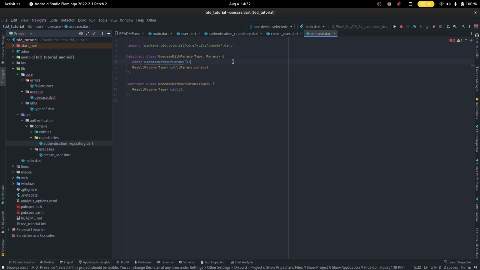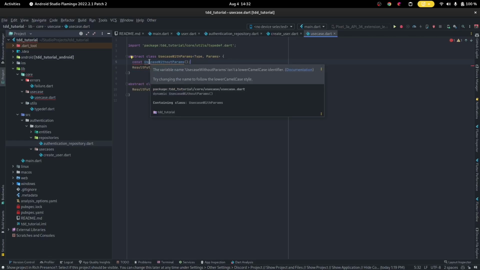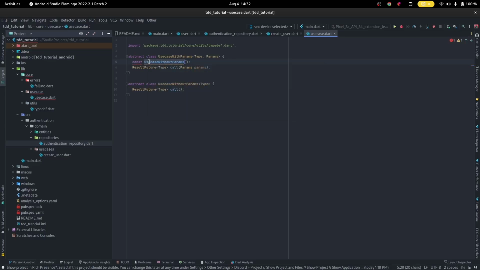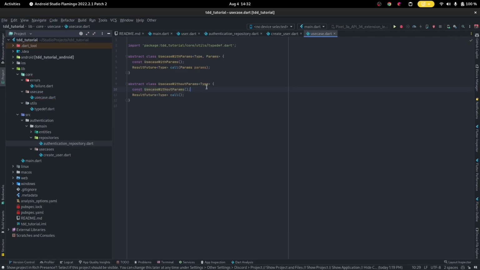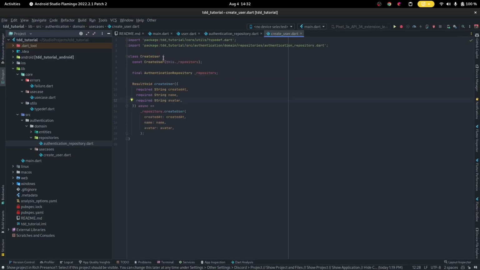Alright, so we can make these constant as well. Use case with params rather. Yes, we can make these constant. We can copy that, paste that in here. No, sorry, without params. Let's format the file